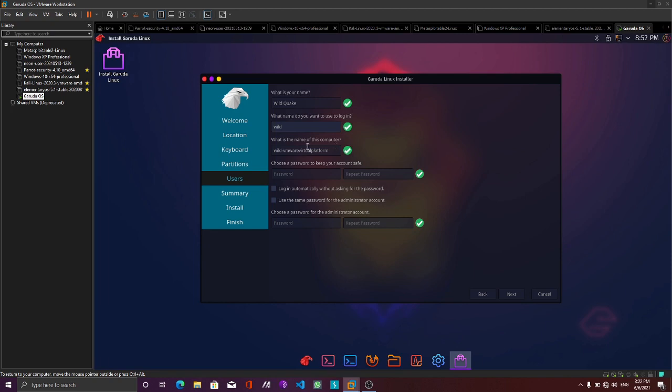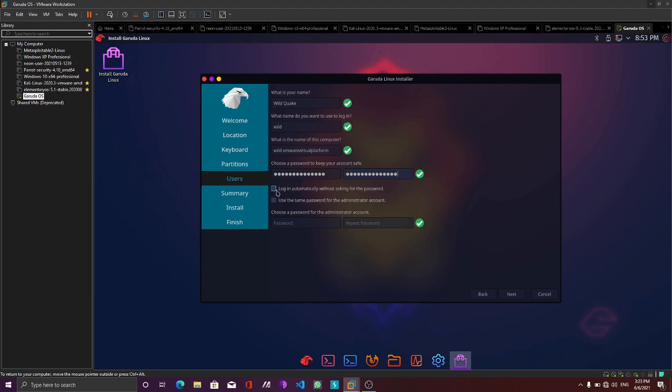And over here this is your PC name that will be by default generated by your operating system. Now if you want, you can change it. And then from here you can give the password. Okay, now I have given the password.